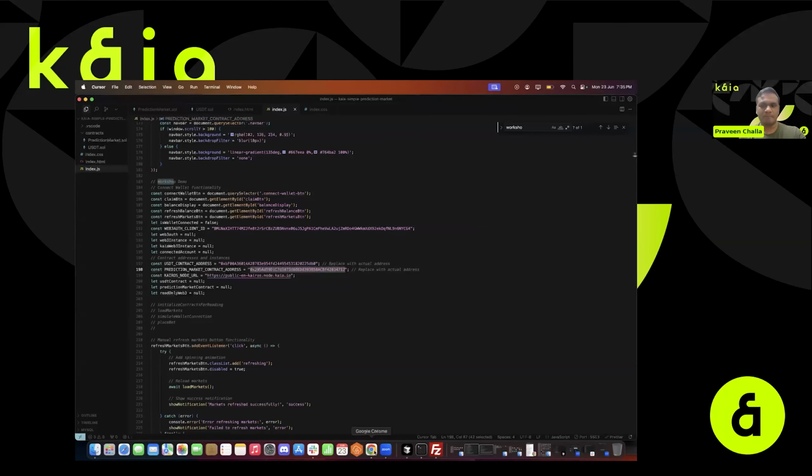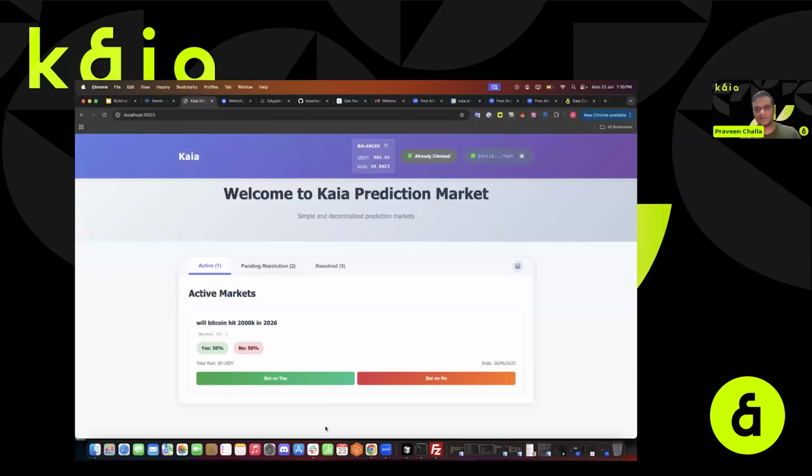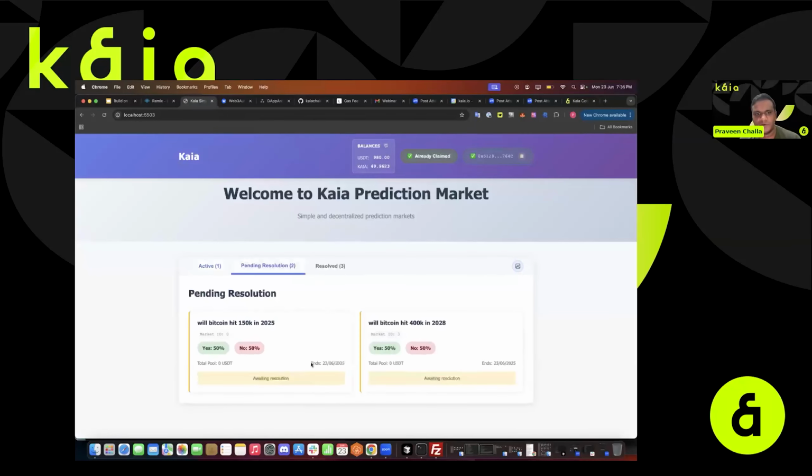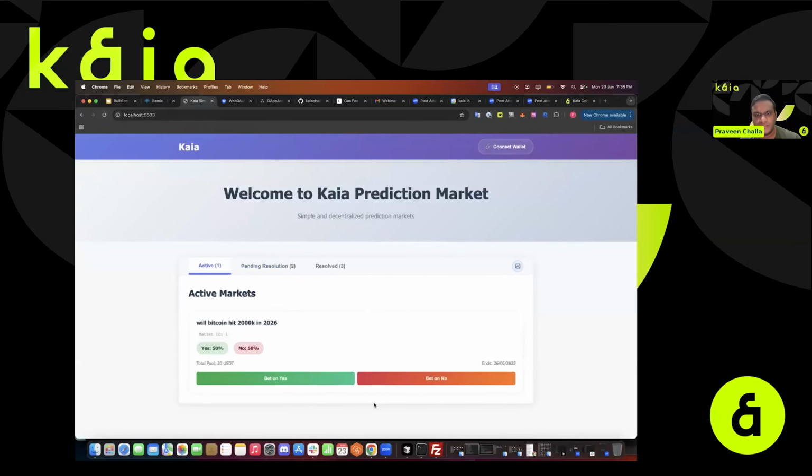And by default, without logging in, I'm trying to fetch these details. So it's like I'm directly communicating with the blockchain and getting this information of all of these markets. So without logging in as well, you'll be able to get this information. So to get this, of course,